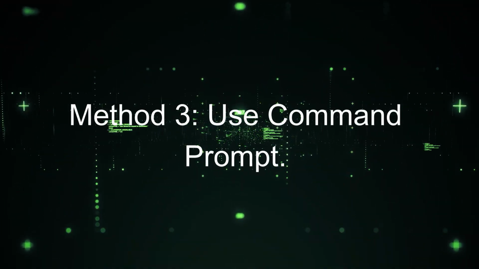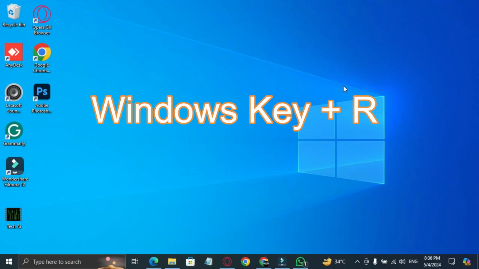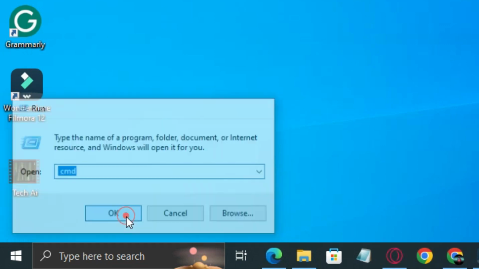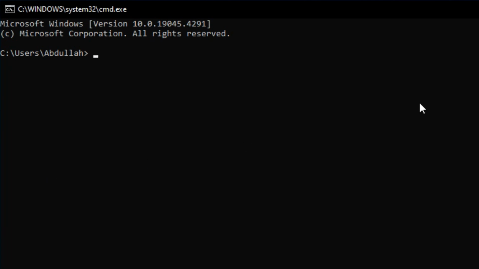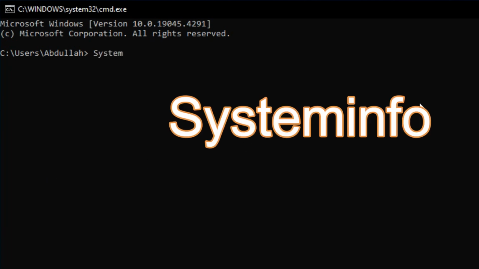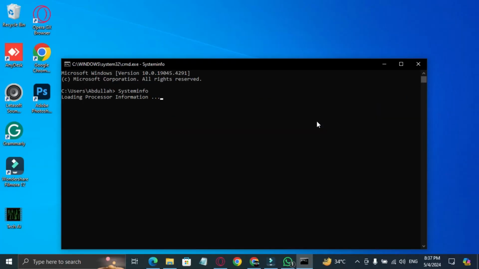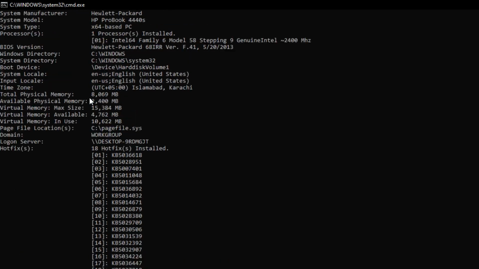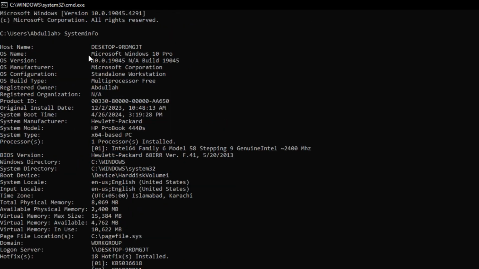Method 3. Use the command prompt. Press the Windows key and R to open the Run box, then type CMD and either click OK or press Enter. When the command prompt window opens, type systeminfo and press Enter to display a list of your PC specs. This includes such useful details about your PC's registered owner, system model, memory, language and time zone, and network